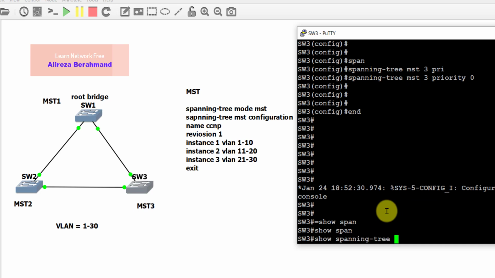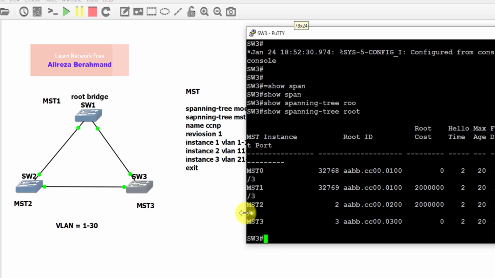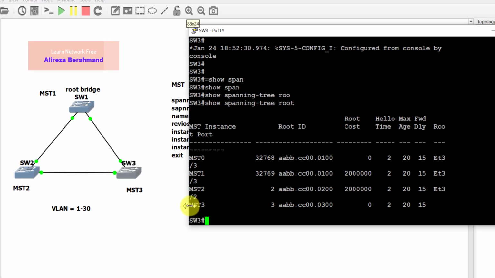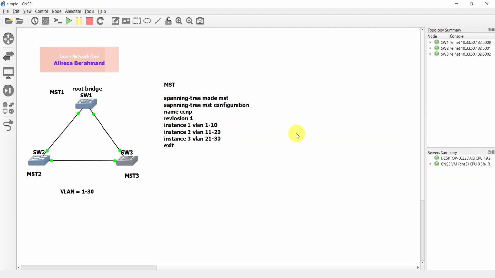Show spanning tree root. You see that, guys? The MST 3 is a root bridge. The switch 3 is a root bridge for MST 3. Great. In the next step, we need to check out the connectivity among the switches with assigning IPs to the